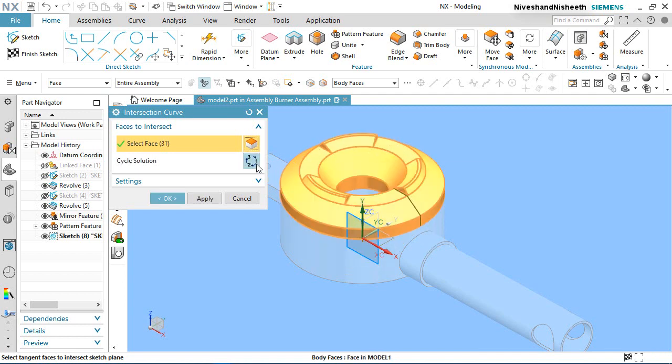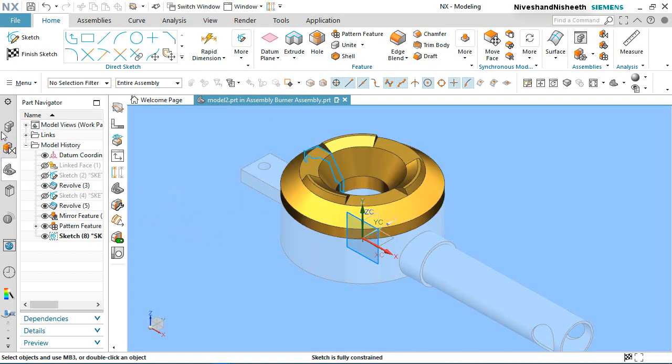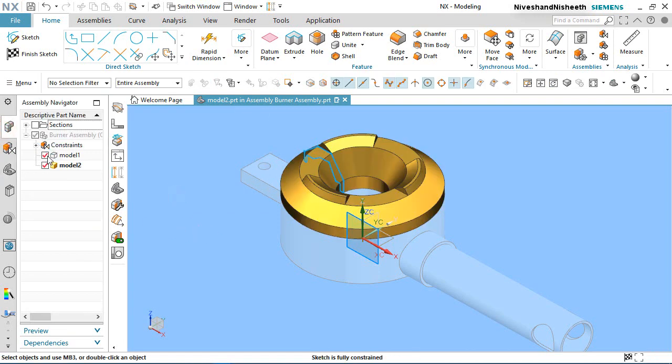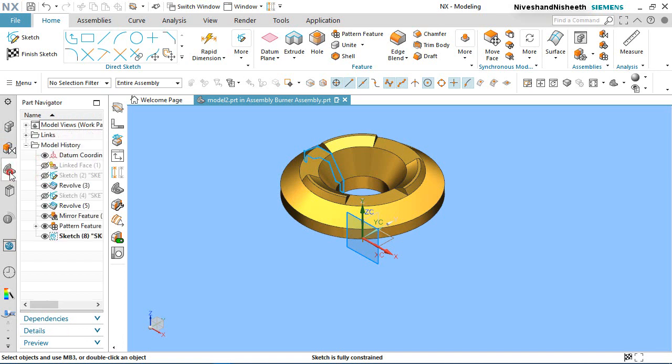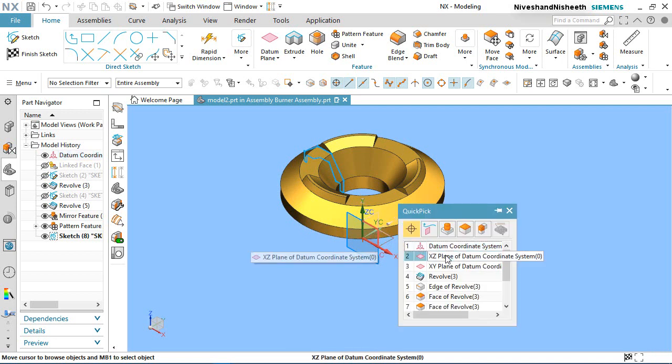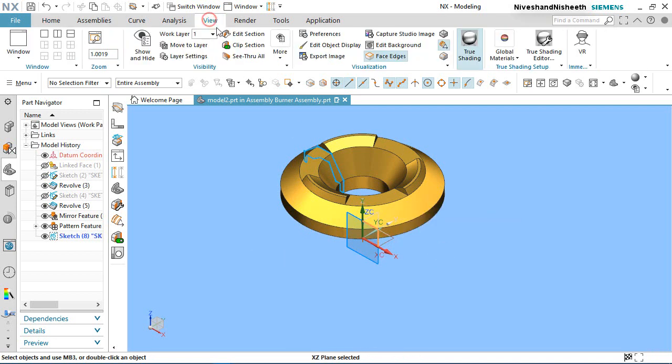Now see here, the projected lines are visible.